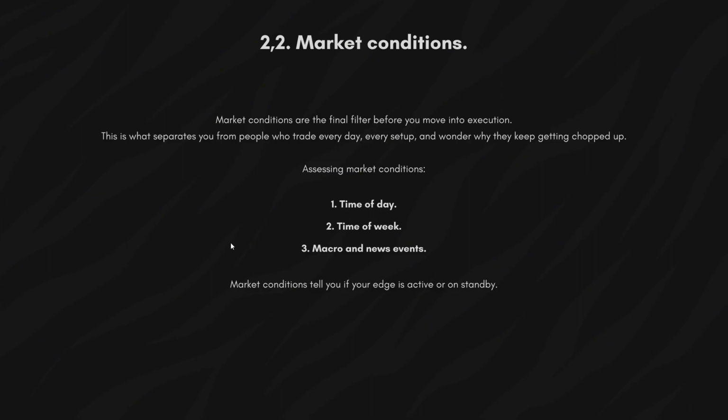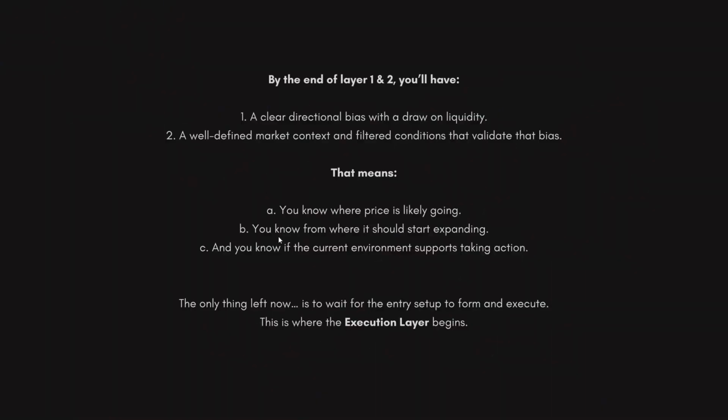Okay, now let's move on. By the time you've worked through both the first layer and the second layer, you should be super clear on two things. First of all, you will have a clear, solid, and strong directional bias with a clear drawn liquidity. And number two, you've got a filtered, well-defined, and high probability market context and filtered conditions